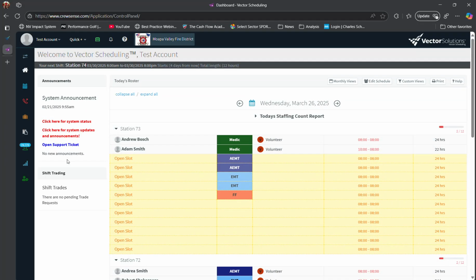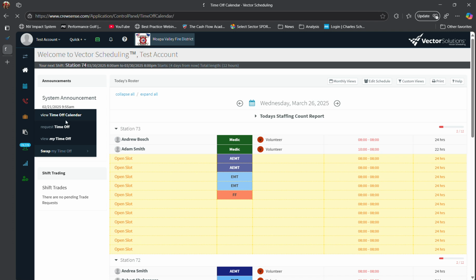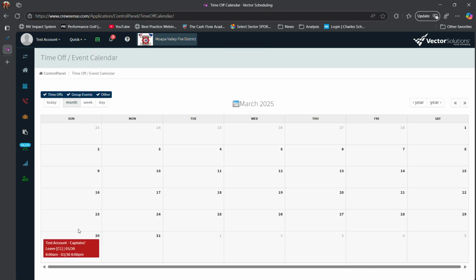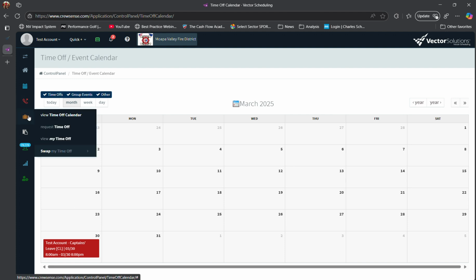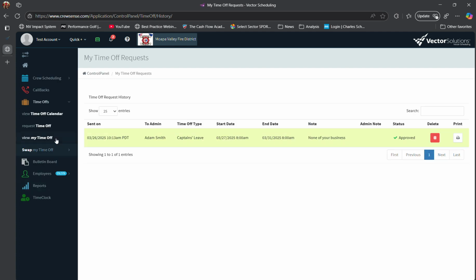Because right now, this is back to the test account, this is the firefighter's account, I can see that I have time off. I can view my time off. So you can print this out for your records. That way you have it to give to your captain to show that it's been approved for administrative leave. But if you go to your crew scheduler,